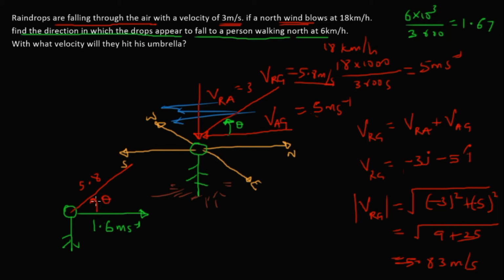Now let's find the direction at angle theta. Since we have this as the hypotenuse and we have this as the adjacent, we can use cos using SOHCAHTOA. So cos theta is the adjacent, which is 1.6, upon the hypotenuse, which is 5.8. As a result, theta will be equal to arc cos of 1.6 upon 5.8, and that's equal to